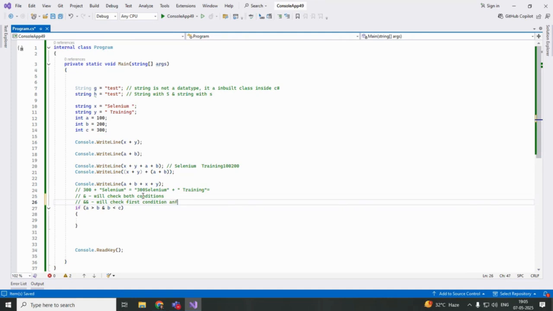and if it is false, then it will not go to the second condition, because in an and condition both of the conditions have to be true. But if it checks the first condition and it is false, it will not check the second condition